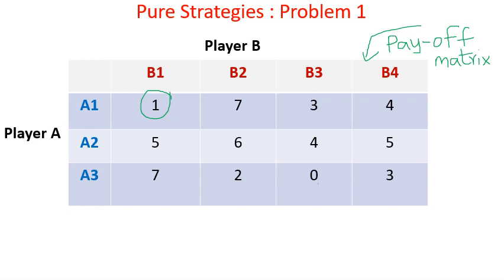So let us now see how pure strategy problems are solved. You will know whether pure strategy can be applied or not only if there is a saddle point. If a saddle point is present in the problem, then it's a pure strategy problem. If a saddle point does not exist, then pure strategy cannot be applied here, or it's not a pure strategy problem. If a saddle point does not exist, then we have to adopt mixed strategies that we'll discuss in the subsequent sessions.